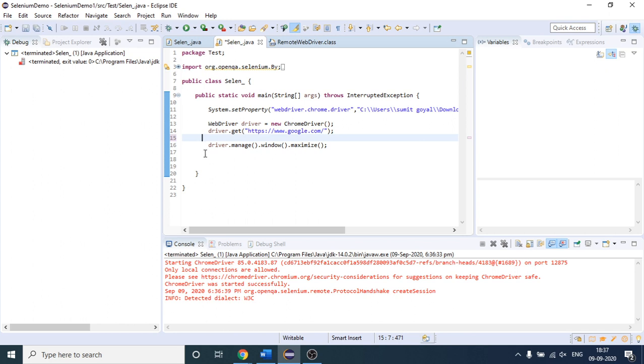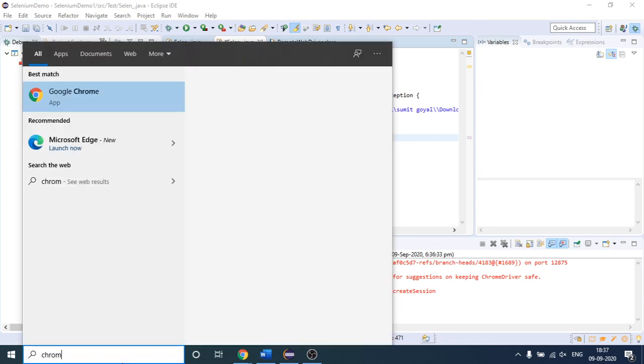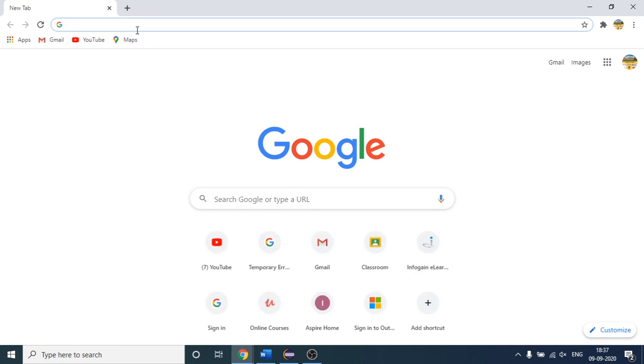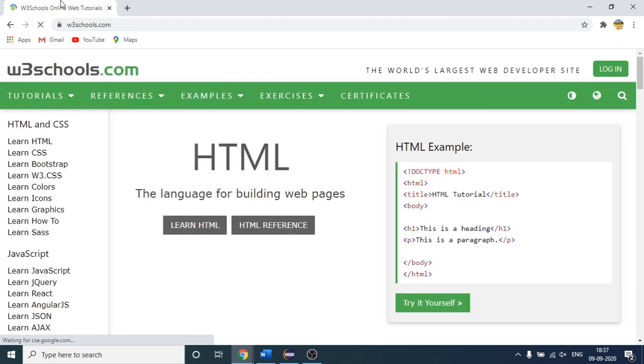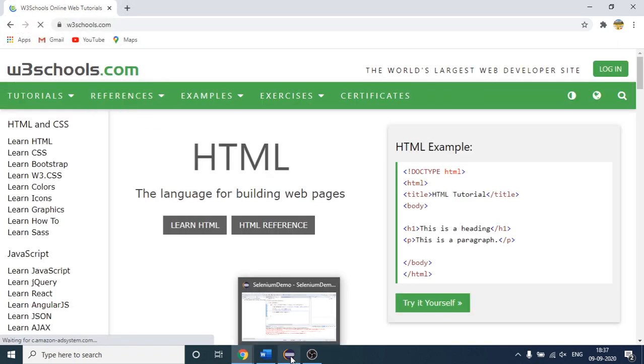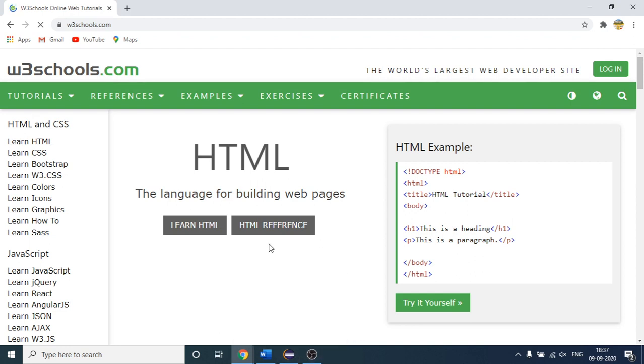So let us first come to one website. Let me open one Chrome browser again. Suppose this is one popular website, w3schools.com. Are you getting any kind of disturbance from the background? Please confirm. I think if you are not getting any, then it's fine.